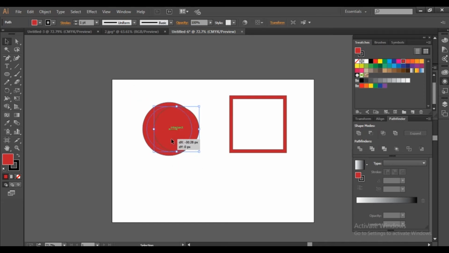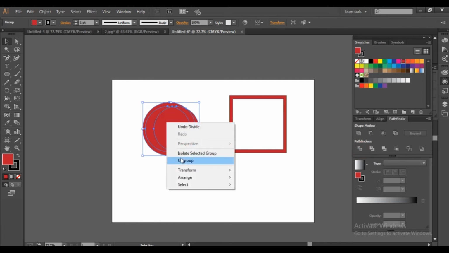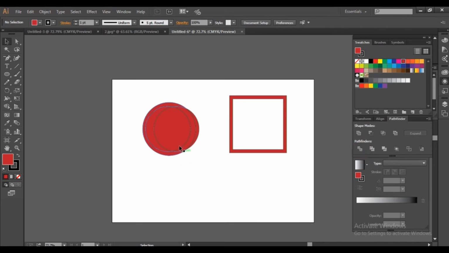I want to choose the same area here, Control F, and I select all of these and use the pathfinder with this one, complete lines. So I just remove the center area and